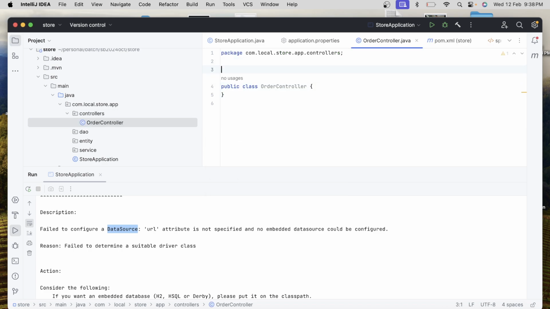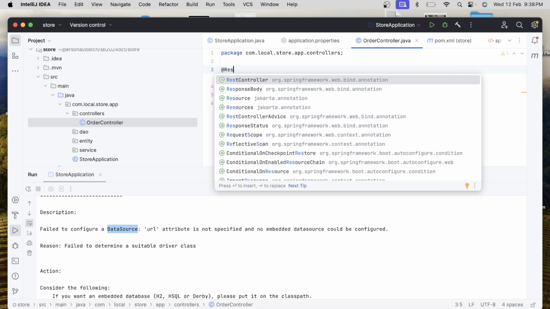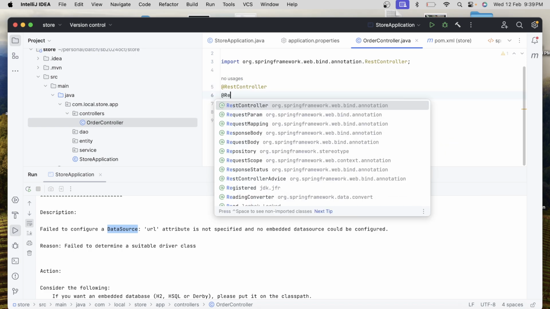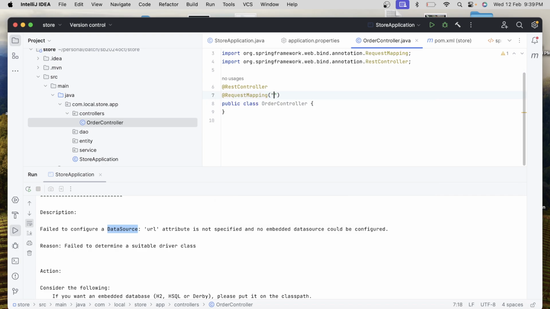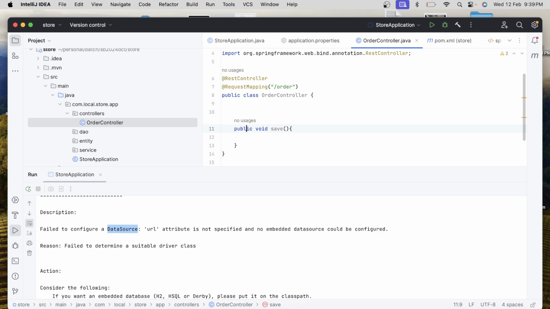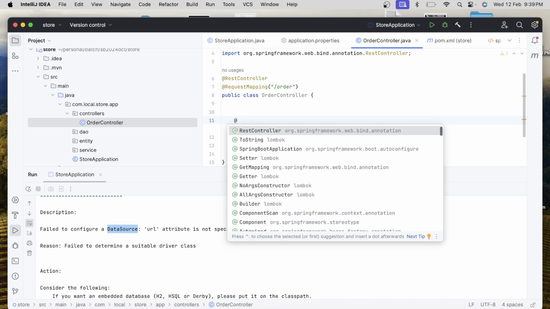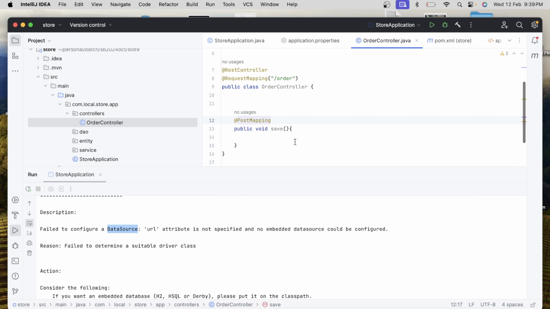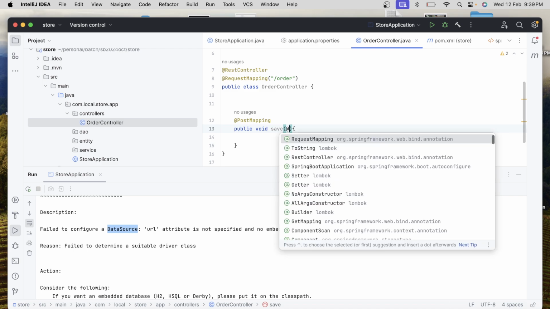and this thing we have already done earlier, right? This controller annotation, now request mapping, order, and public void save, and it should be a post mapping, not get mapping. And over here what we can do is simply